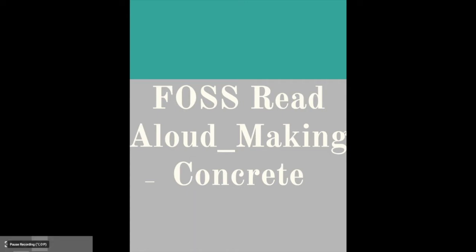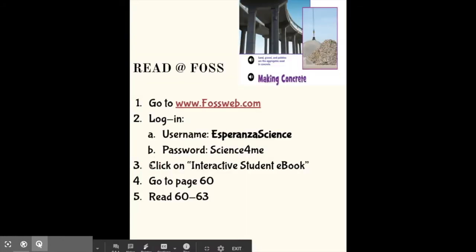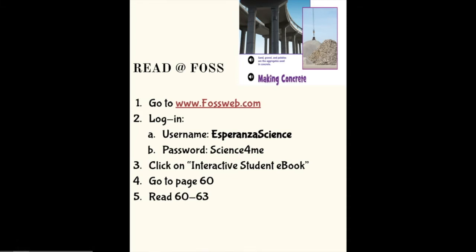So while we are waiting for our concrete to dry, we are going to read in our FOSS textbook how concrete is made. Also, at the end of the video, I will be showing you guys an update on how the concrete is looking. If you would like to read Making Concrete by yourself, you can also go to the FOSS website, which is